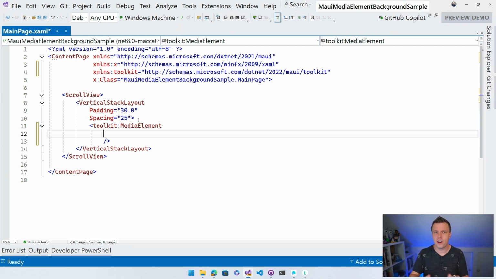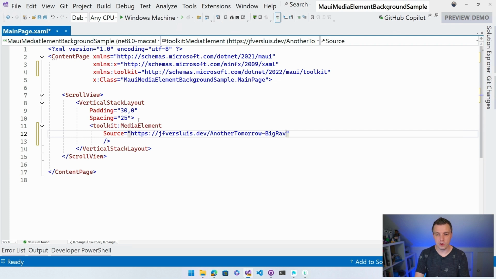I'm going to use their song and their artwork for this thing. The URL that you're going to see, I'm going to remove it afterwards because I don't want to promote piracy here. But I'm going to show you this right here. So let's just set the source here. And I hosted that on my own domain. So here we go, because it's on Spotify and all this kind of stuff, but it might be hard to reach it from there. So I just got the MP3 from the actual artist. Another Tomorrow, great song from Big Raph. There we go, .mp3. Okay, we got that.